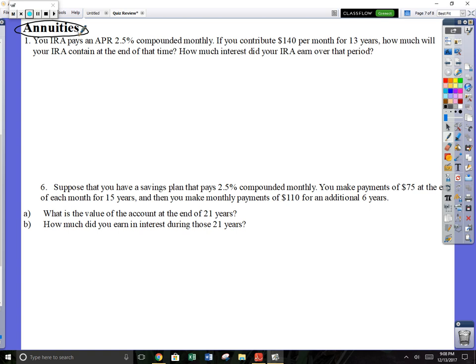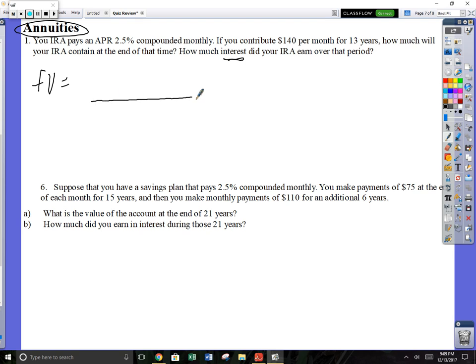We contribute monthly. So we're going to contribute $140 a month for 13 years. How much will our IRA have at the end of that time? And even more important, how much interest did you earn? Okay, so here we go. Your formula is calculating a future value. So the future value